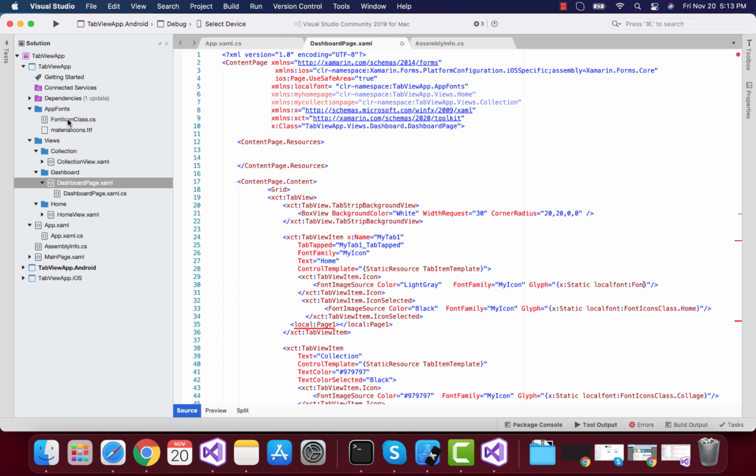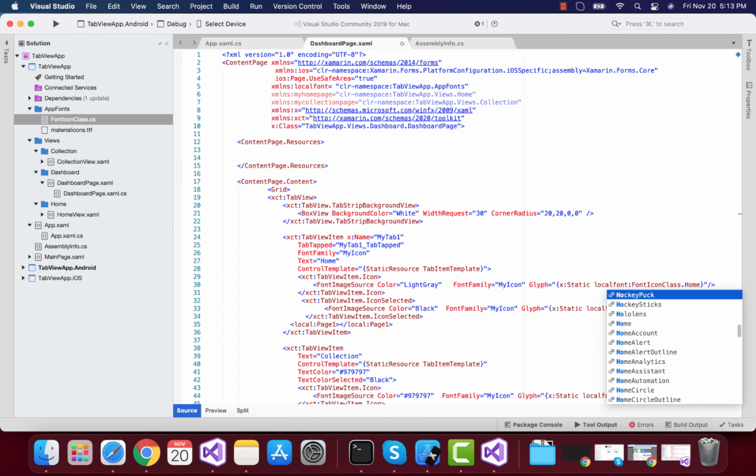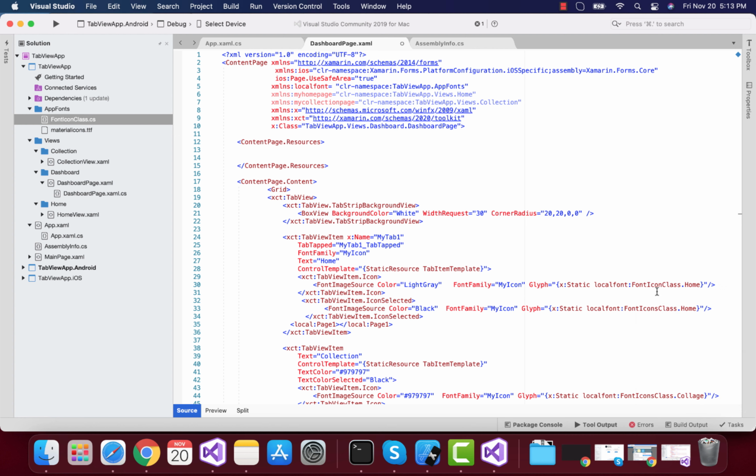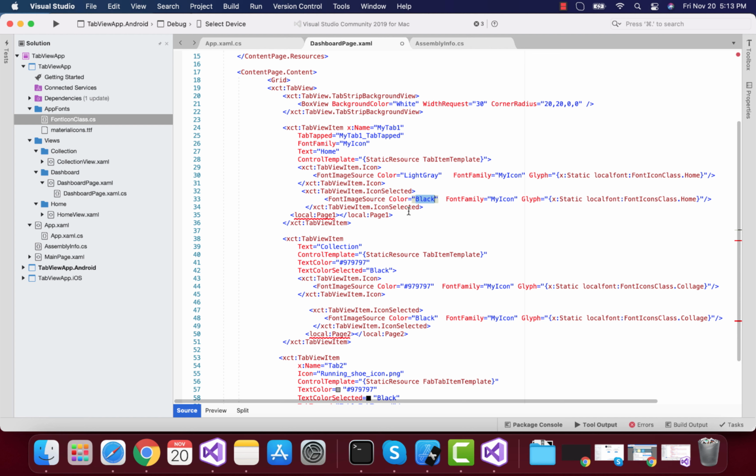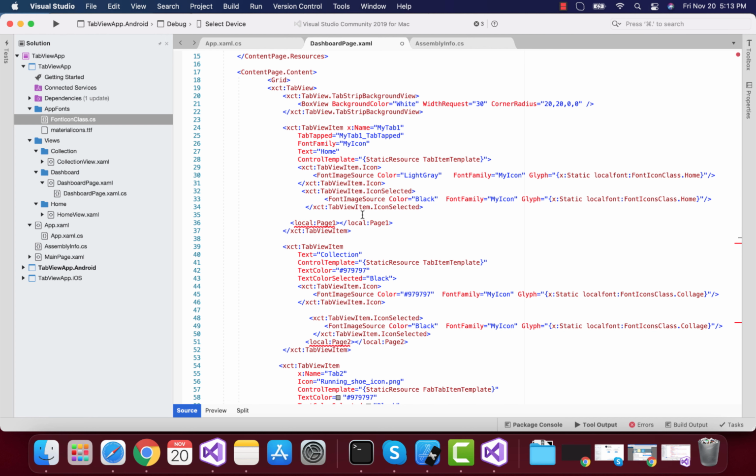So we can just call our font icon class. I'm just going to rename it, copy it, and then paste it over here. Then we'll get a list of items over here. So same as for whenever that same icon is selected, what happens? That is, I'm turning my icon from light gray to black whenever the icon is selected. That's it.